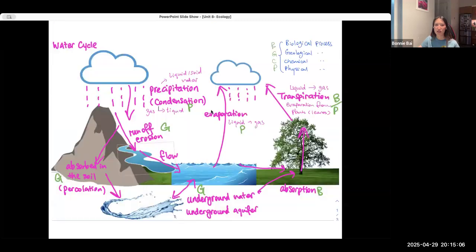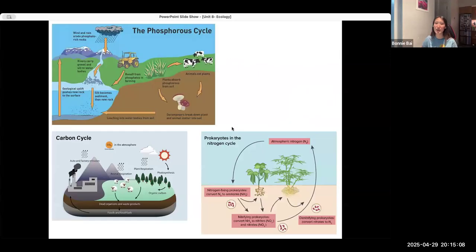Okay. Oh my goodness. Well, this is going to take a minute. We have all the nutrient cycles. So there is the phosphorus cycle, the carbon cycle, the nitrogen cycle. I have to break this into 2 days. Ecology has a lot going on for it. Anyway, so let's just do, and there's also the water cycle.